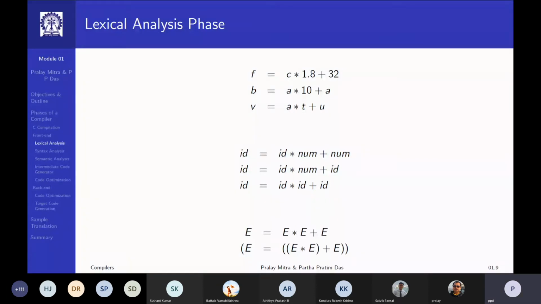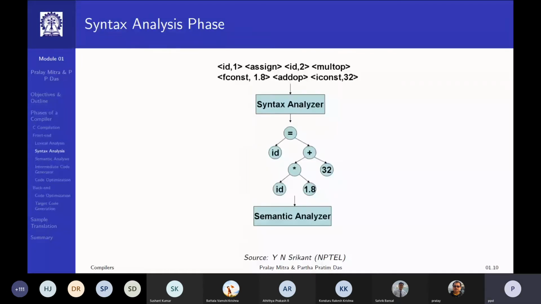But I can make it explicit by putting it into a nonlinear structure. Slide 10, which is a tree. What is this nonlinear structure? Typically called a parse tree or a syntax tree. Every node represents an expression, and it has a value. Later on it may not be, but in this representation it is.